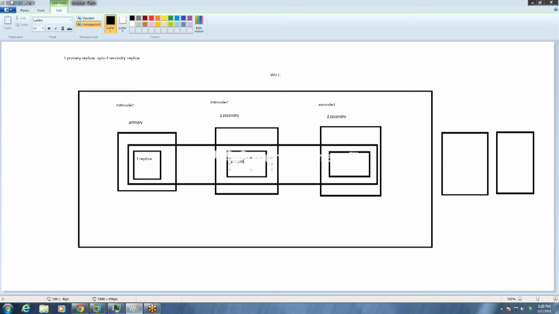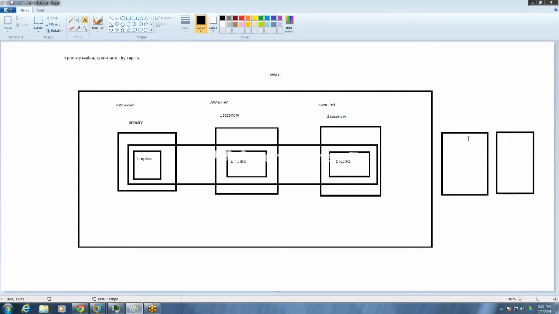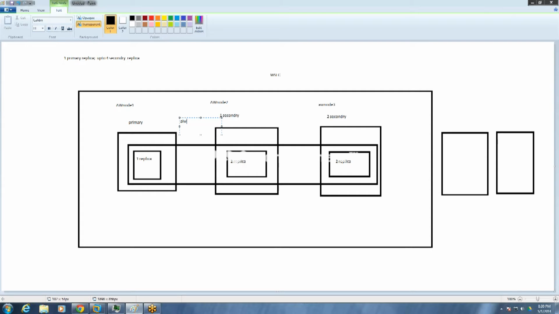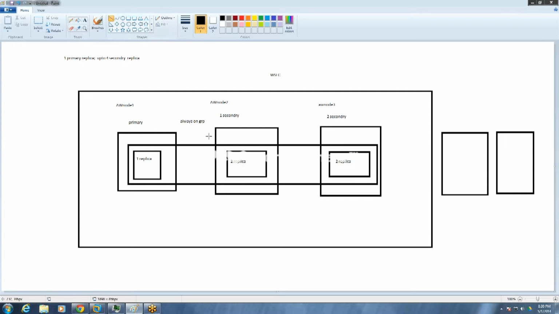Then the secondary replica, and again a secondary replica. If we have 2 more secondaries, then these will also be secondary replicas. And this outer line which covers all these replicas is Always On. So I consider it the Always On group, and we can make it like this.